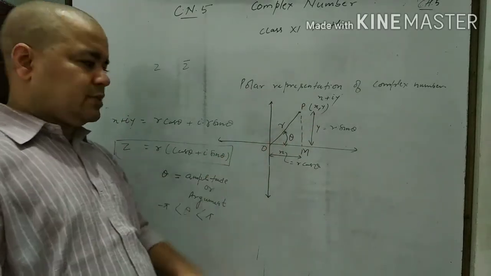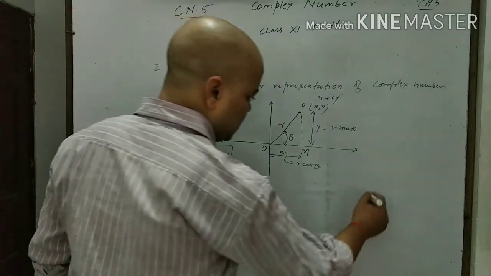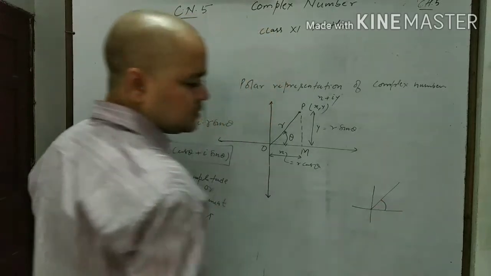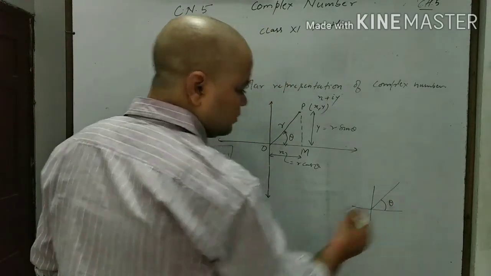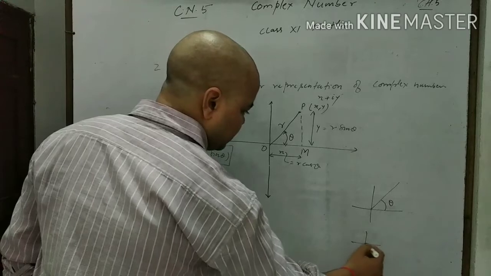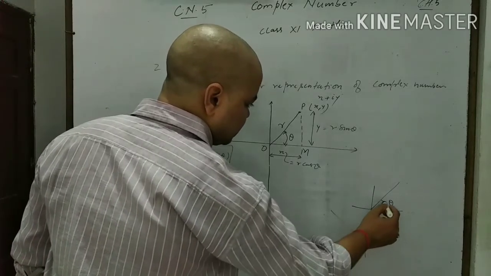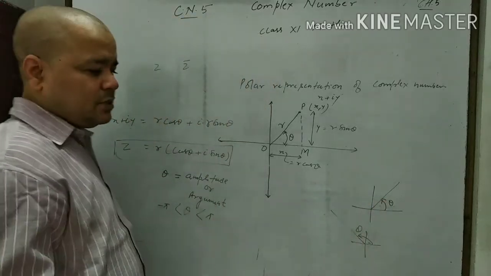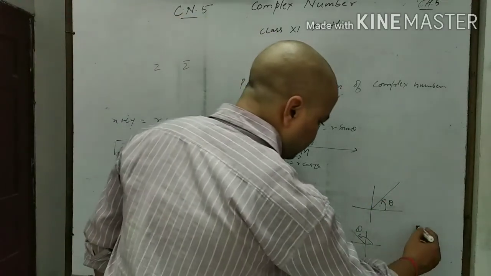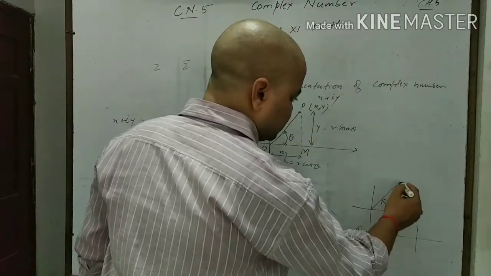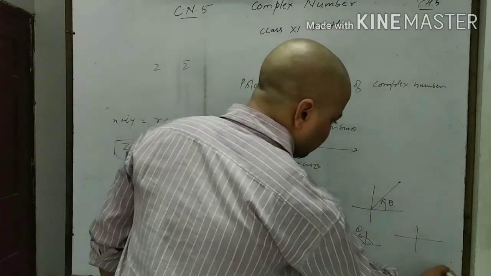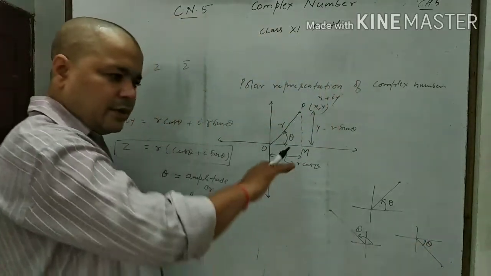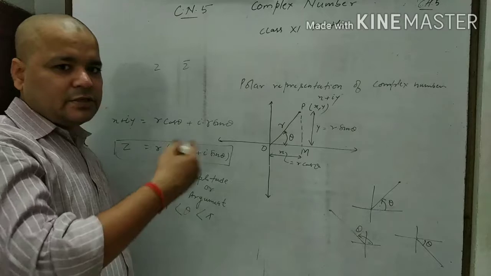Positive direction of x-axis. It will be here like this way. If we have a point here, then like this, theta will be in this form. It may be in this direction from the positive direction of x-axis. And if any point P is here, then theta will be like this, in the negative direction.